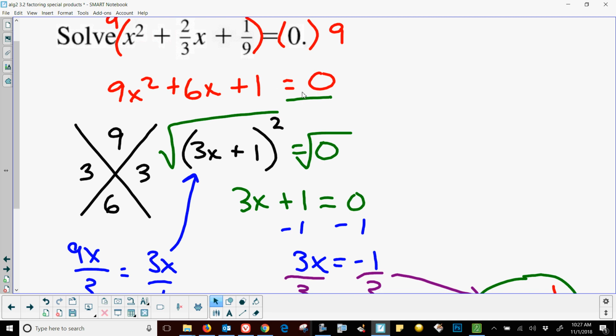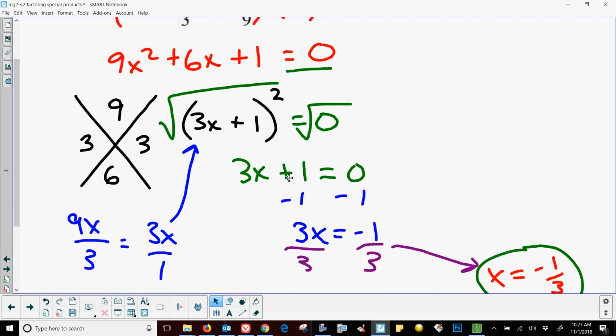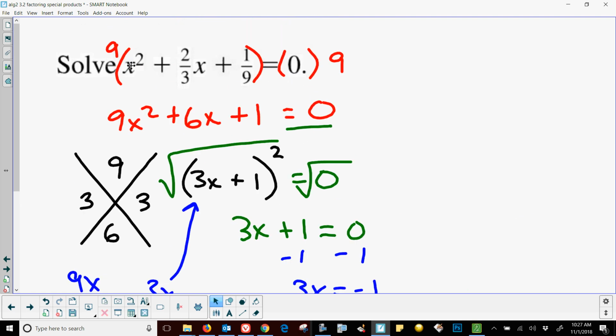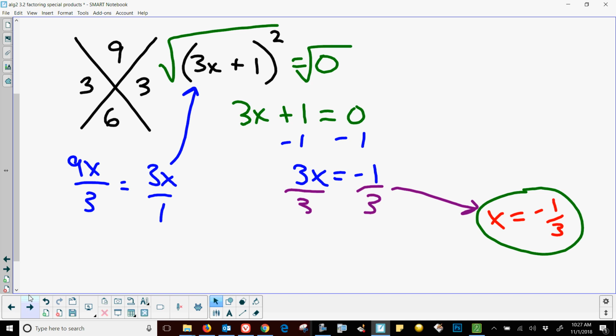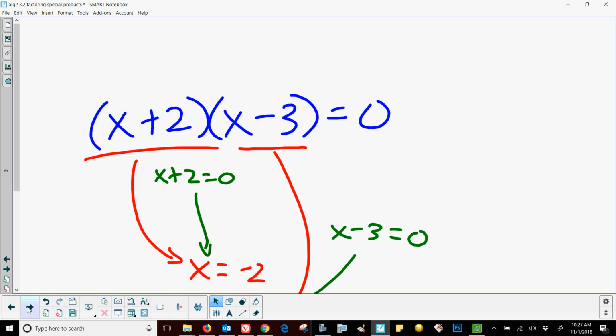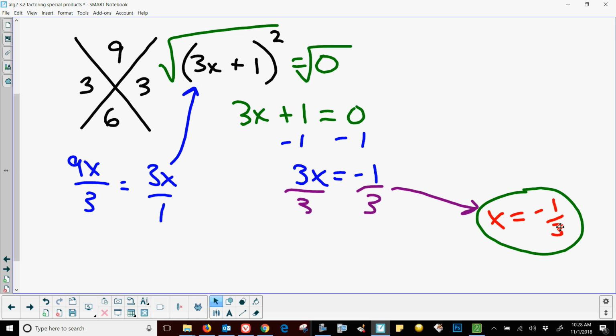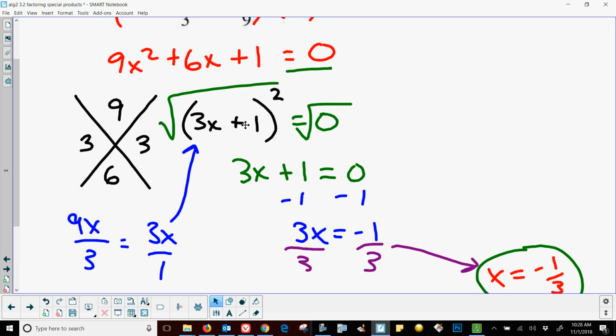And this kind of leads us into 3.3. If I say equals 0, then I still have to solve this. It still says equals 0. So to get rid of the squared, we're going to square root. Then it just becomes a two-step equation. Subtract, divide. Here's the actual answer, because it wants to know x equals what for all of this equals 0. My answer is -1/3. I said that we only have one answer here, and we technically have two, but